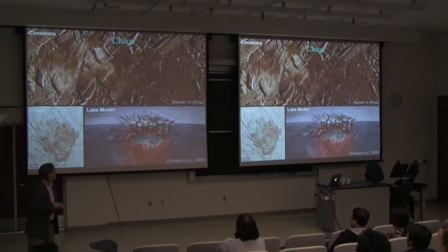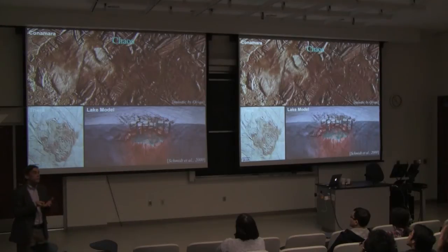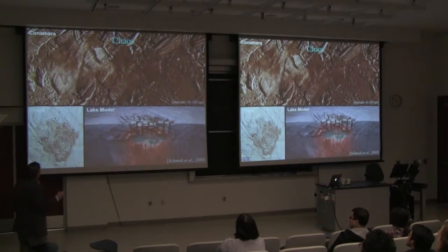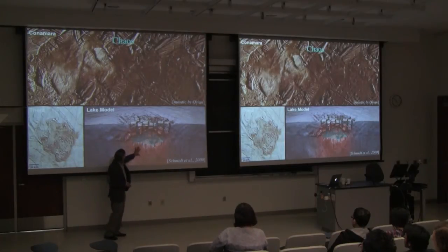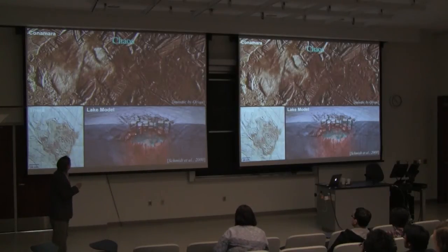this matrix. And an idea that was suggested recently, for a while it was quite a debate as to whether these chaos regions are places where an ocean has literally melted up to the surface, or where diapiric ice has simply translated and moved these blocks around. But as I mentioned, warm ice alone seems to be too viscous. So a nice hybrid model has evolved in the last couple of years, where there's concentrated tidal heating within Europa's ice shell, melting in a zone related to such heating, and then collapse of the surface above a big subsurface